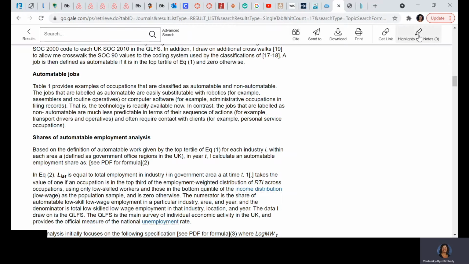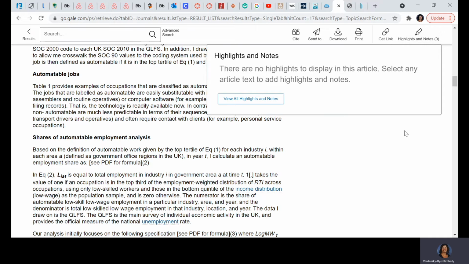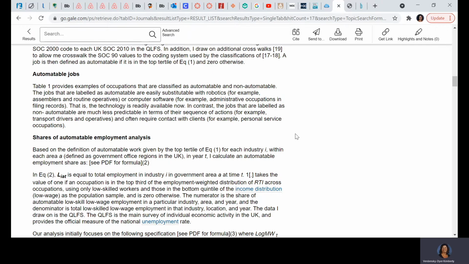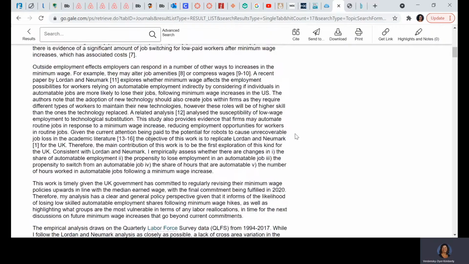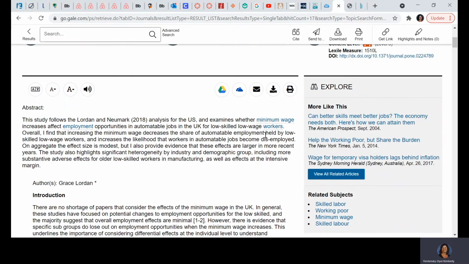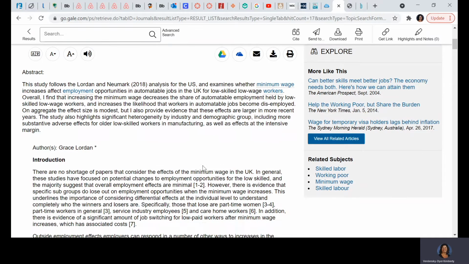You have the option that you can highlight and take notes in some of the options, but it does not look like it is an option for this one. So you would want to skim the article, jot down some key points. The idea is that you are paraphrasing and summarizing, not always just copying and dropping quotes. That's the most ineffective way of using information. So skim the article, take some notes. You have the citation, you know where the information is coming from, and then you can move on to your